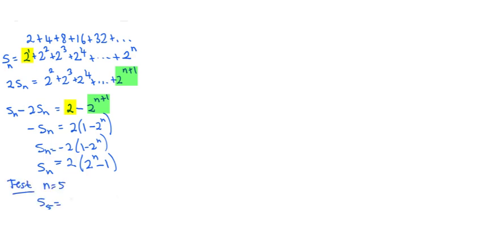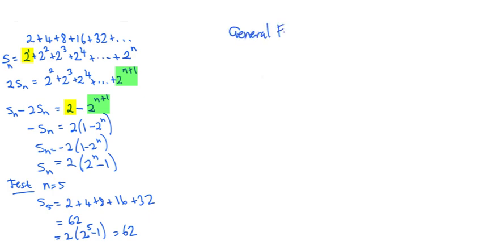That is the summation of the first 5 terms. In other words, 2 plus 4 plus 8 plus 16 plus 32. Now we know this is equal to 62, but let's see what our formula gives us. 62. It works. More generally, suppose S is the summation of a series that looks like this: 1 plus r to the power of 1 plus r to the power of 2, and so on until r to the power